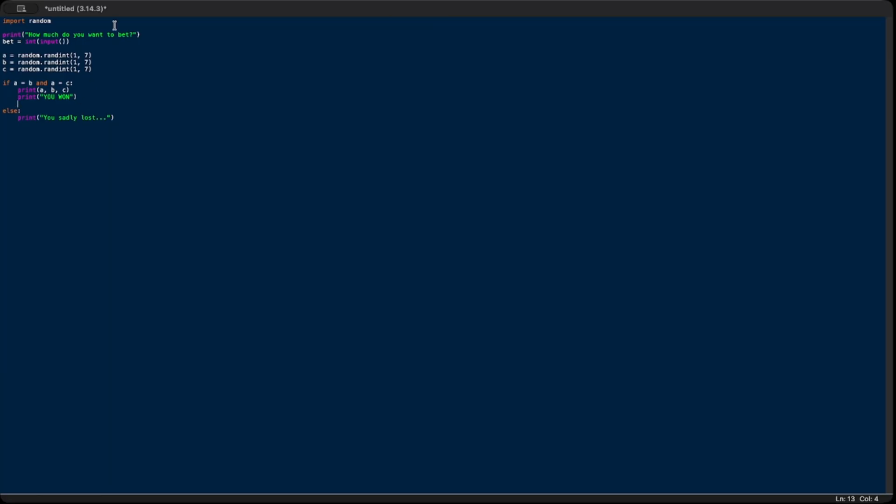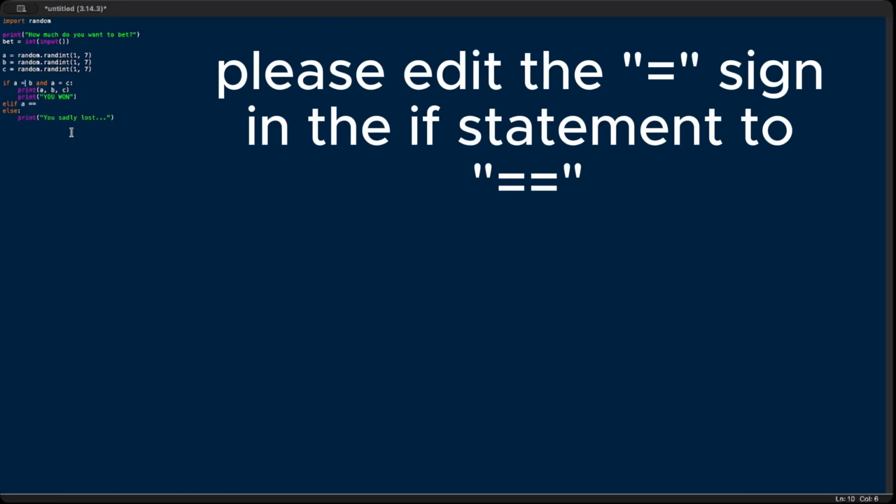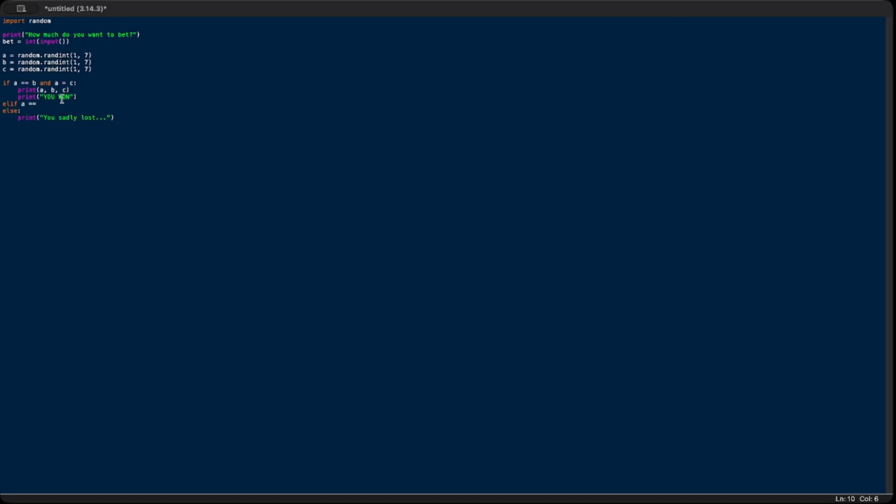and we can use an else if or elif. Elif is like if, but it's else and if mixed together. So now we do if A equals, oh sorry, I forgot that over here we need 2 equal signs. That's very important. Now we do elif A equals 7 and B equals 7 and C equals 7,